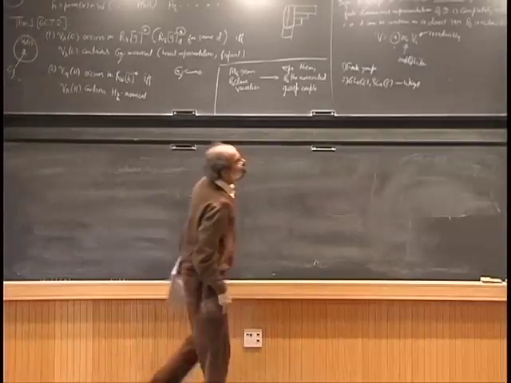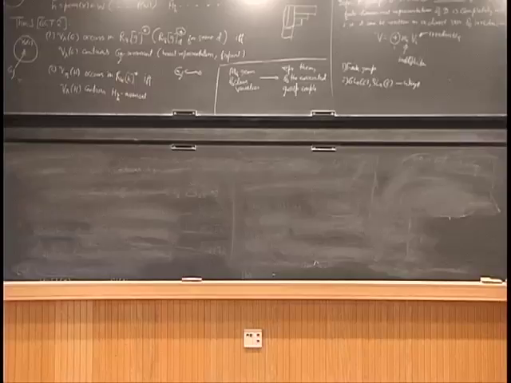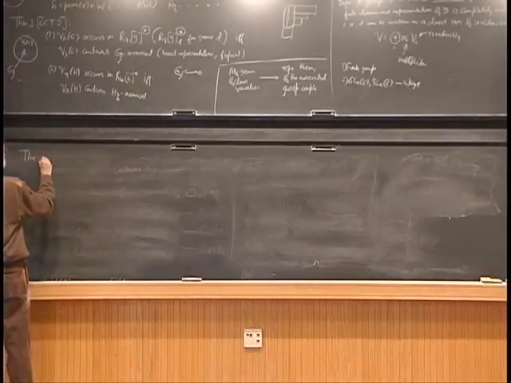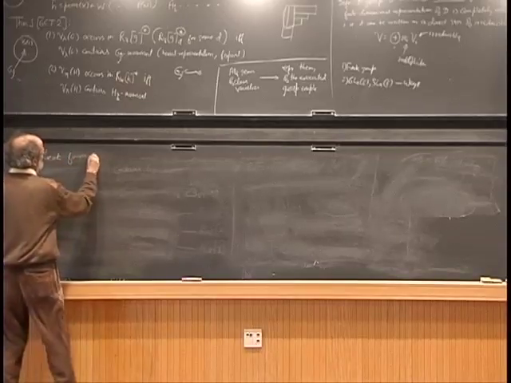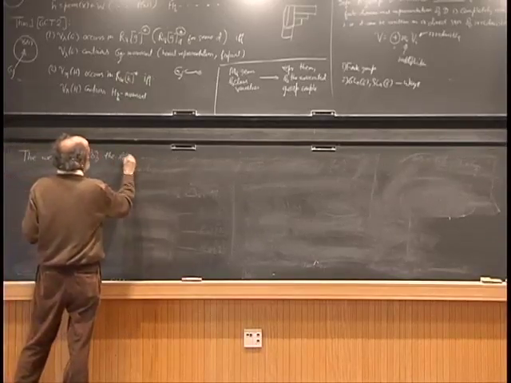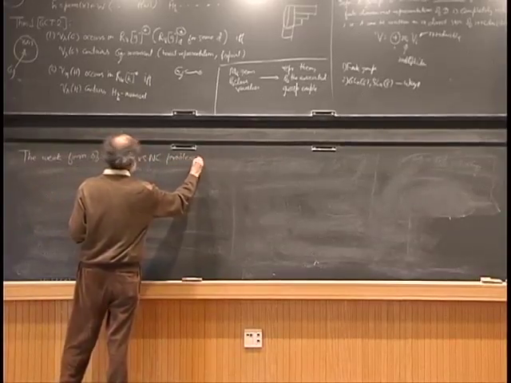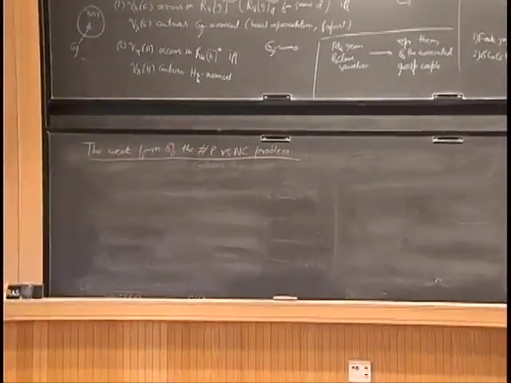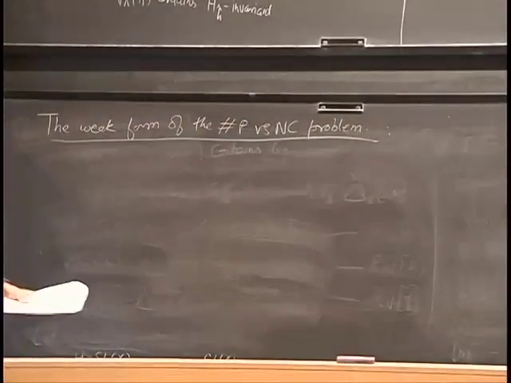Okay, so now as we said, there is a lot of leak here in this theorem, but this is still good enough for us to prove the weak form of the Sharpe versus NC problem. Okay, so now the weak form of the Sharpe versus NC problem. So let's remember what that form was. So what was that form? So it says that